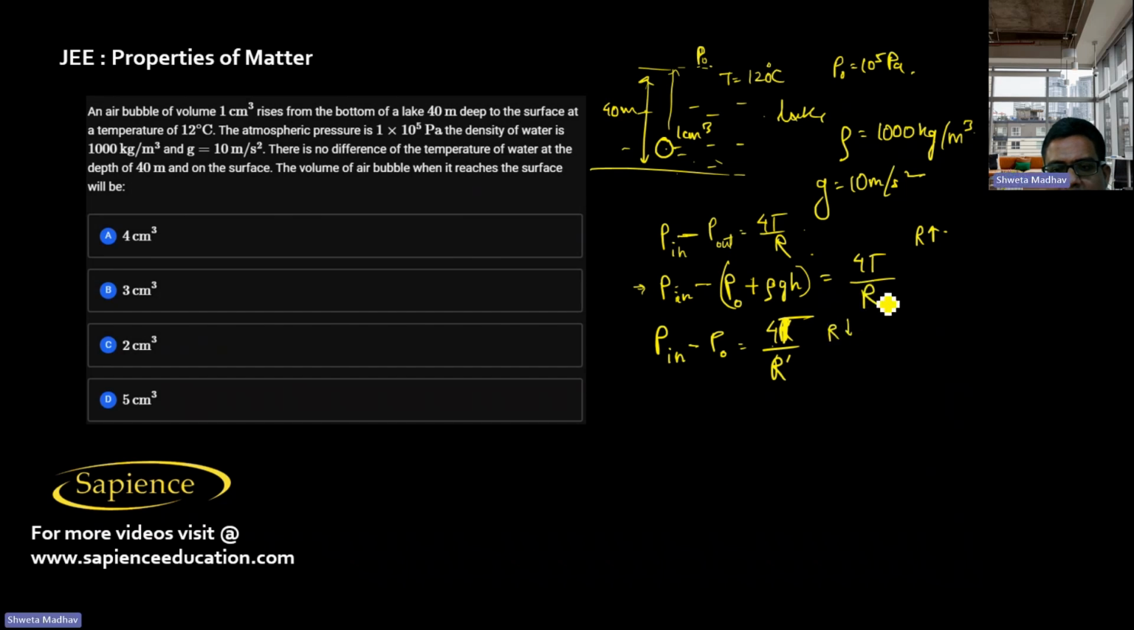Now this value is 1 centimeter cube. Volume is 4 by 3 pi r cube, that is 1 centimeter cube. I can say that r cube will be equal to 3 by 4 pi centimeter cube. So r is the cube root of this. So therefore, you can say that 4T by